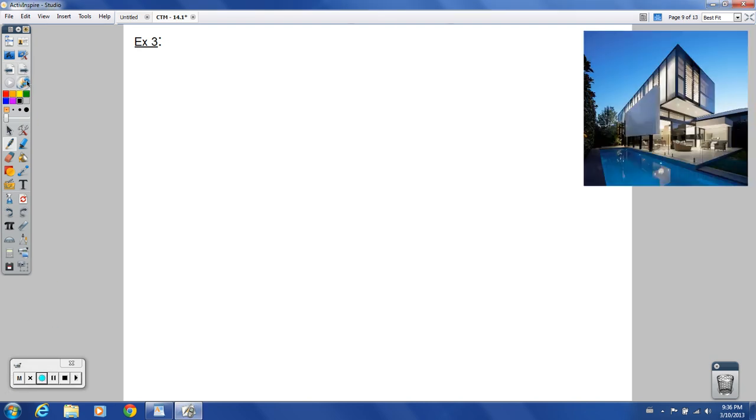So let's continue with a third example. I thought this was a really cool house. If you're interested in architecture or engineering, you might be looking at floor plans someday. Or if you're interested in construction, maybe you're interested in doing the actual manual labor part of it, where you actually construct a building, you'll definitely need to know how to read floor plans. So this is going to be a very rough floor plan, but let's construct a graph to represent